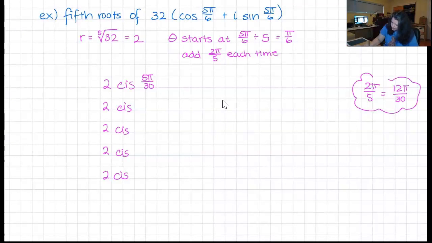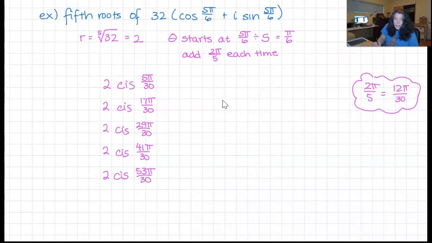Let's put this in a little cloud. So add 12 pi over 30, so I get 17 pi over 30. Add 12 pi over 30 again, and I'm going to get 29 pi over 30. And I just keep doing that. Add 12 pi again, 12 plus 29, 41 pi over 30, and do it one more time. 12 plus that is 53 pi over 30. If I really wanted to check, I can go one more, add 12. So I add 12 and I get